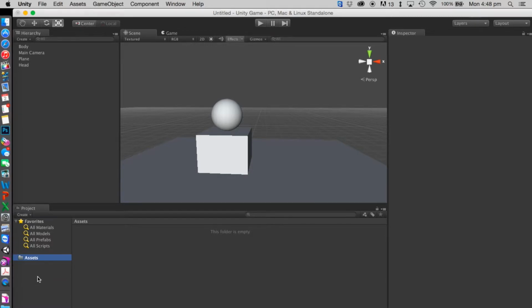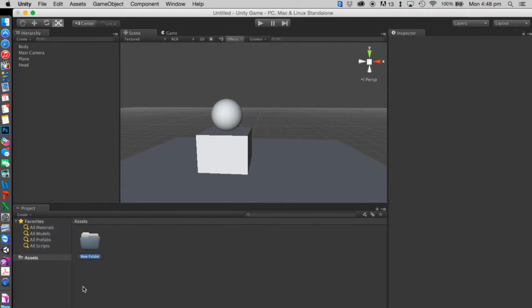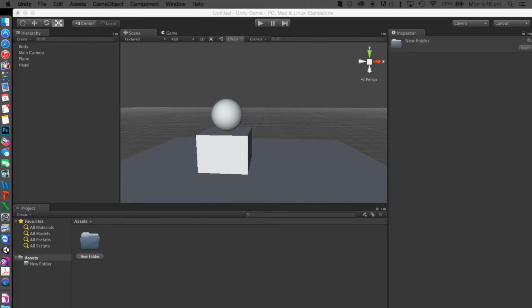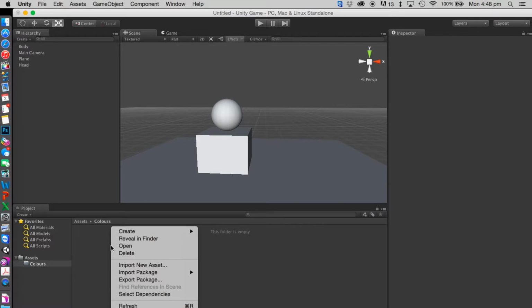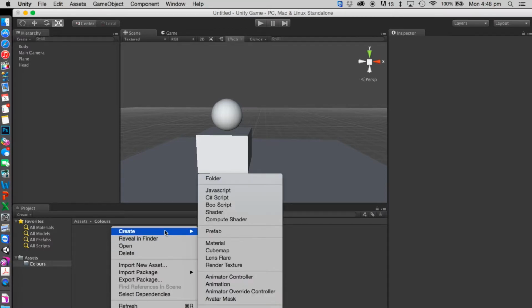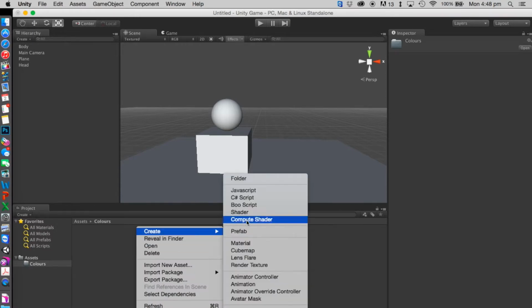We're going to click on create, click on folder, and we're just going to call this, if you just double click there, we'll name this colors, and then what I can do is right click, go to create, and we're going to say we want to create a material,